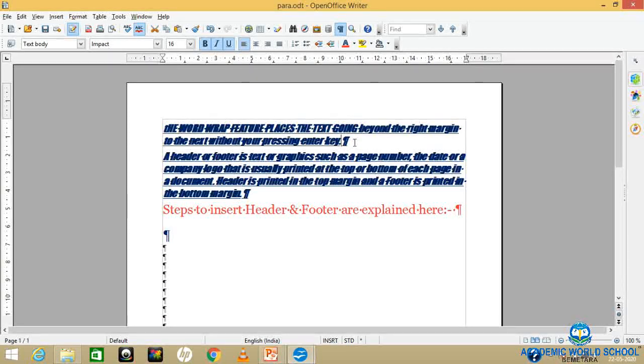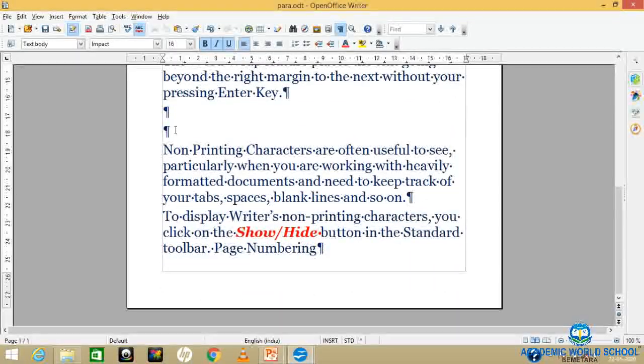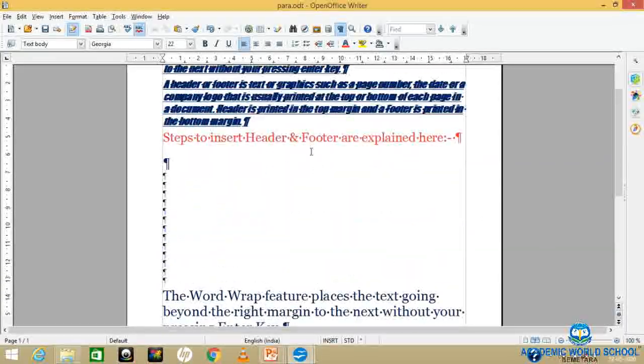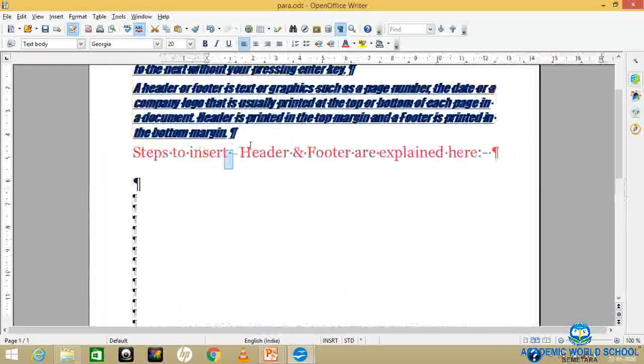When you select that show and hide button, this symbol will appear at the end of the paragraph. See here, this is showing the paragraph symbol. So this means this is your paragraph.